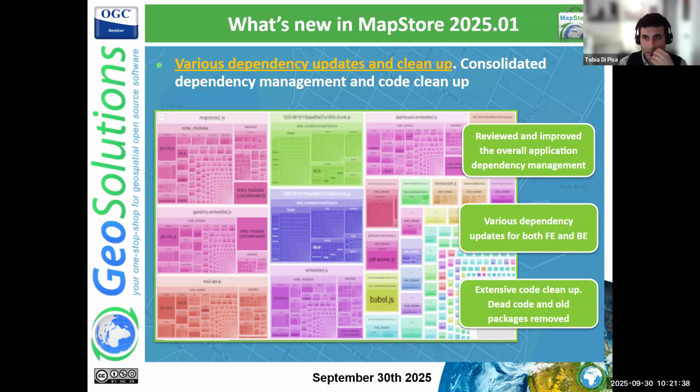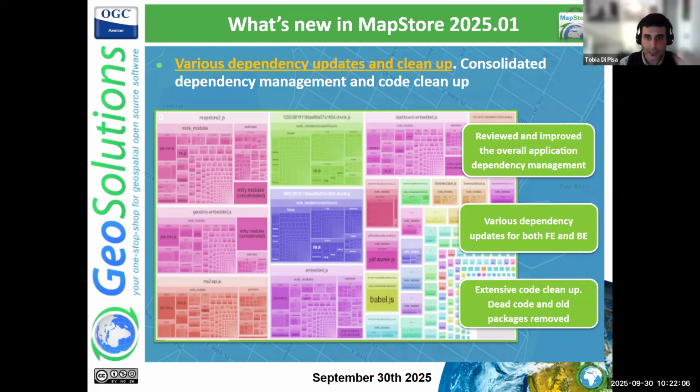And for this, I also thank many of our customers who contributed. Of course, we have reported all involved contributions in the release notes on the release page, which is publicly available. More consolidated dependency management in general, especially for backend dependencies, and an extensive code cleanup